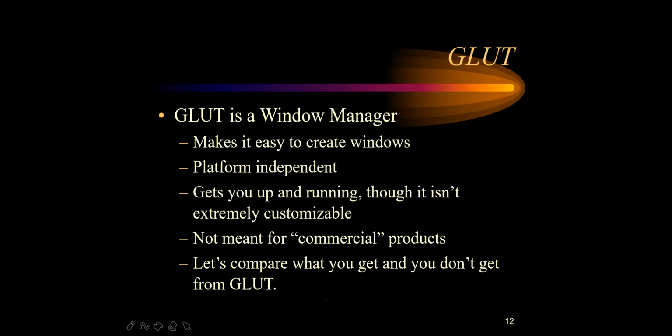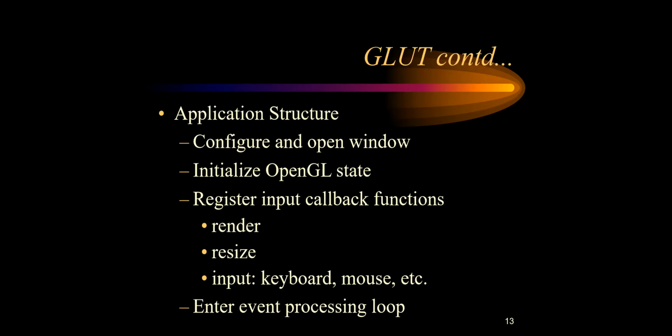Now we are going to check out what will be the structure of GLUT. Okay, so here this is the application structure. There are some functions I have mentioned over here. There are many more primitives available, which we are going to see while doing the programs. So this application structure contains your configuration part and how you are going to open the windowing system. These two things it is going to have. Whenever we start the GLUT programs, first thing it will initialize your OpenGL state. It will make the OpenGL state an active state.